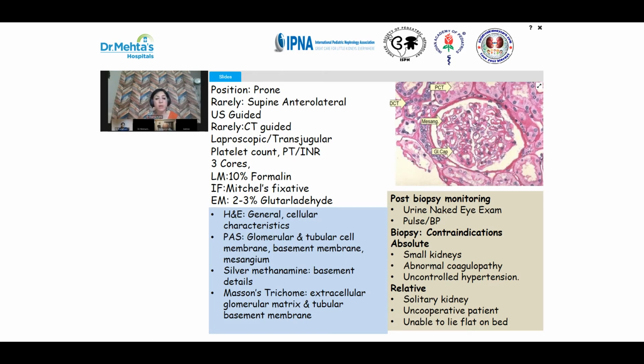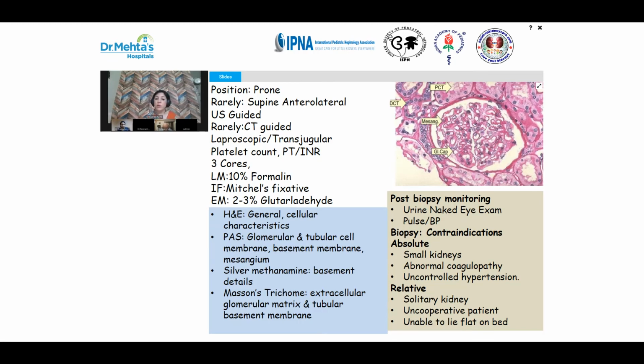It is a very good idea to use a dissecting microscope in your biopsy room, in your procedure room, to determine if the core taken is adequate. Sometimes, instead of using the dissecting microscope, you can use a normal microscope, and the core can be seen in saline to see if glomeruli are there or not. Otherwise, you will have to repeat the process again, and it's definitely not easy or feasible in children.